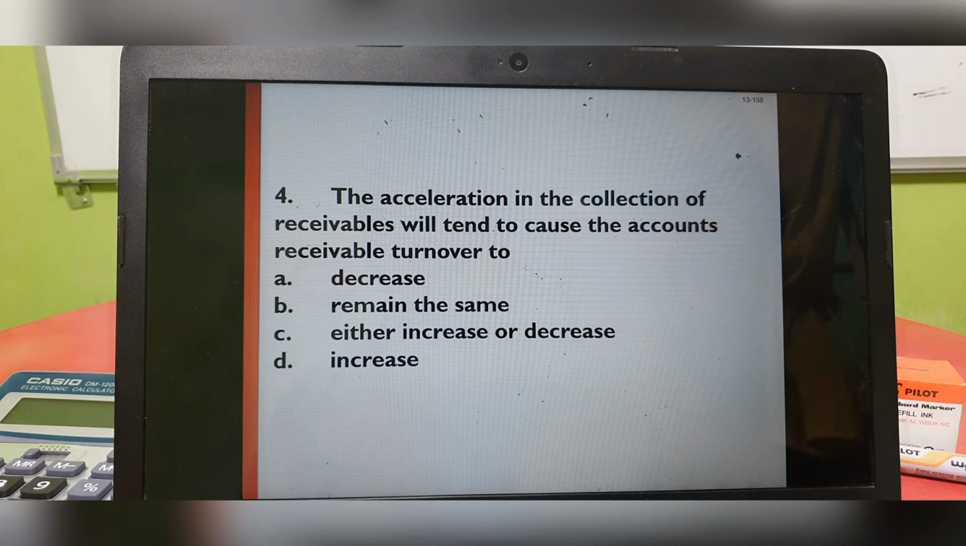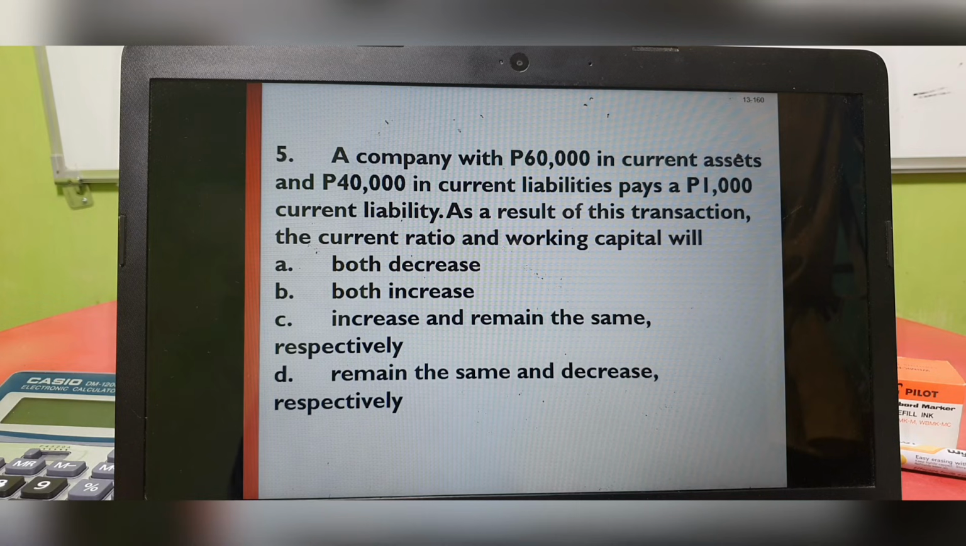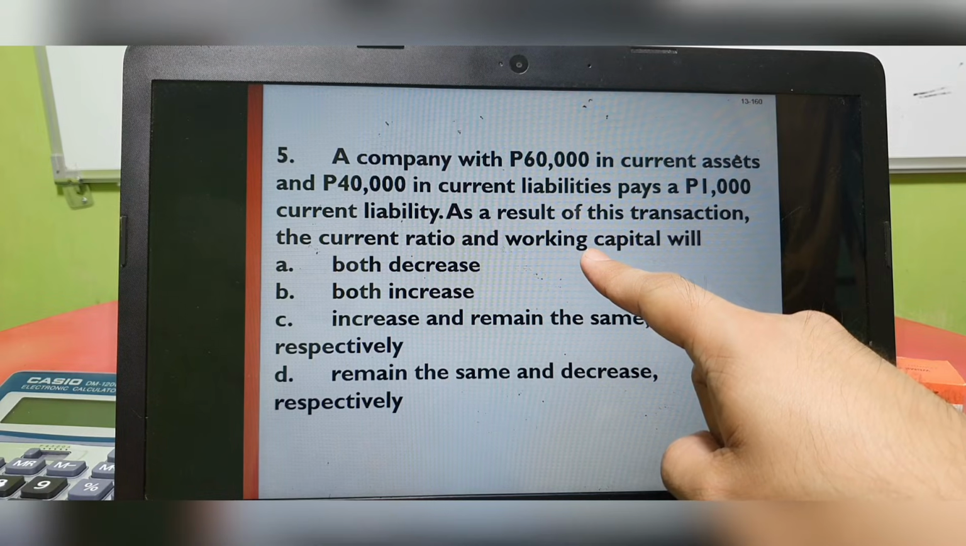Number 4, the acceleration in the collection of receivables will tend to cause the accounts receivable turnover to, so mabilis ang collection, that will increase. Okay. Number 5, a company with 60,000 in current asset and 40,000 in current liability and then pay 1,000 current liability. As a result of this transaction, the current ratio and working capital will, yung working capital mukhang alam na natin